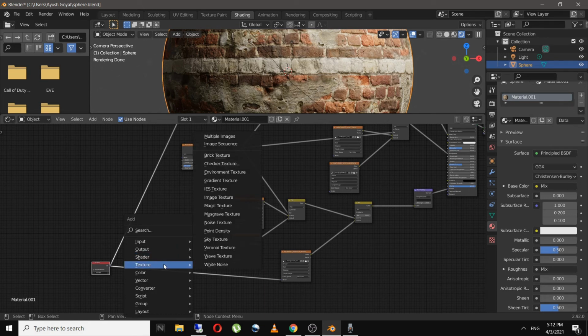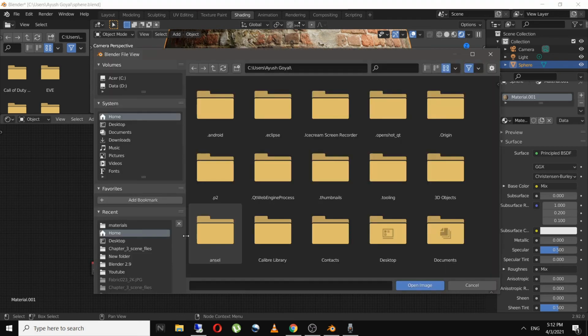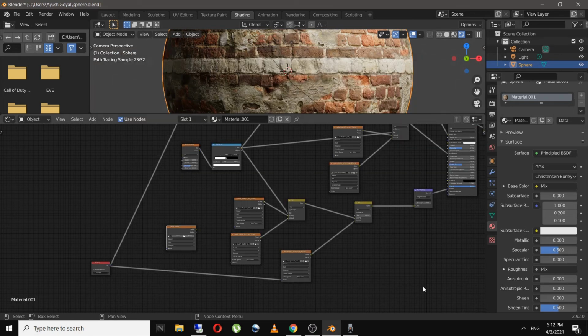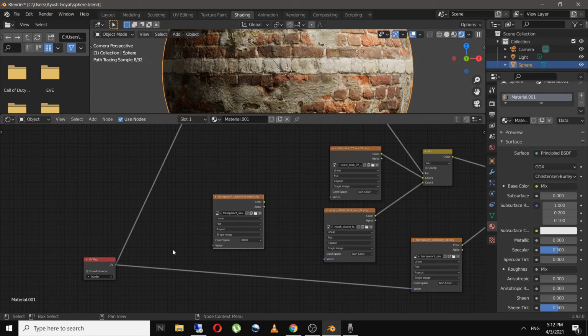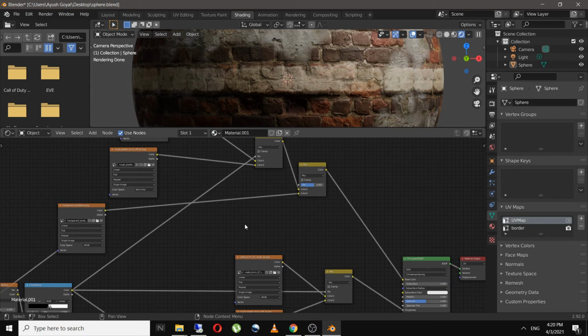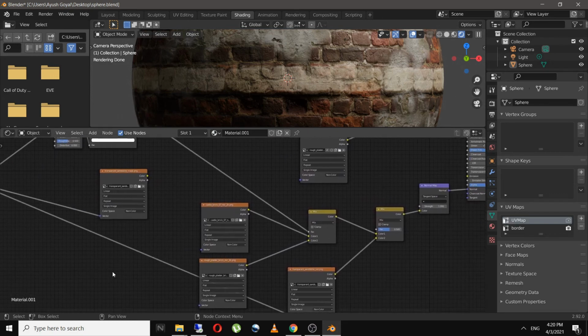Just go to the texture and add in an image texture, open it, and select this transparent mask, open the image, and connect this UV to the vector like this, and connect this color to the factor of this RGB. So I will connect it to here.